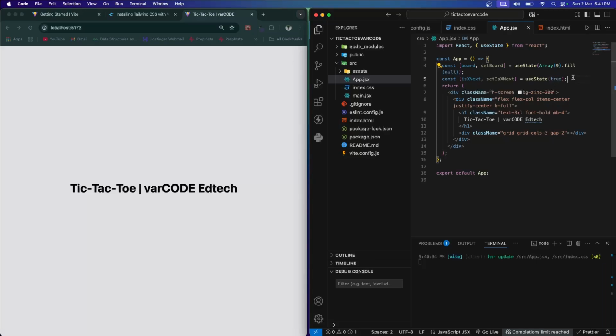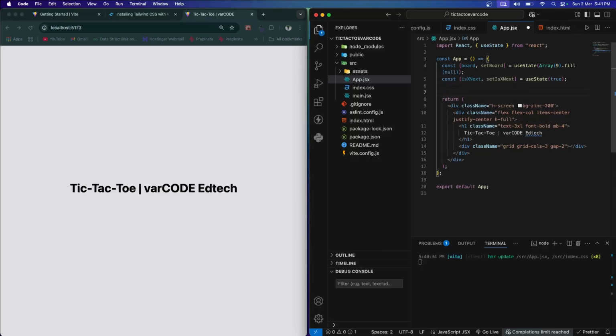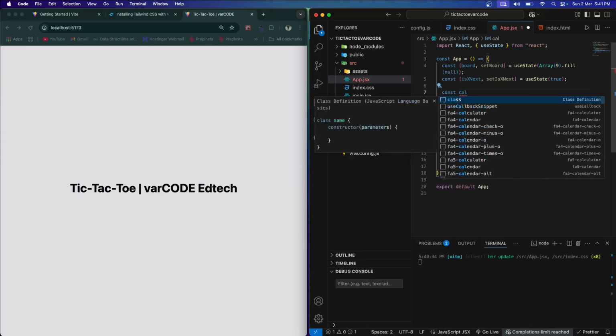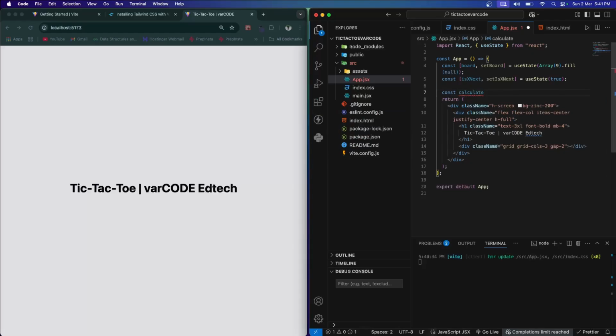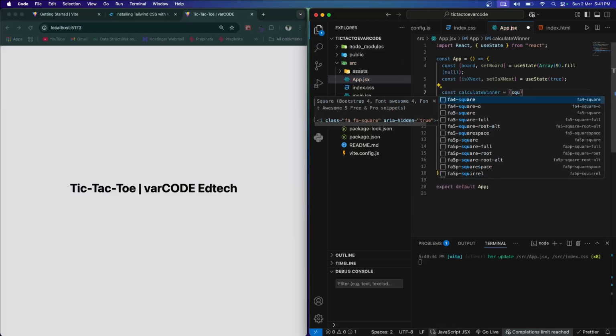So that's how the states are working. Now we are going to create one function which will calculate all the steps which are taken, and we are going to check who's the winner using this function. Calculate winner equal to, inside this we are going to accept one argument,